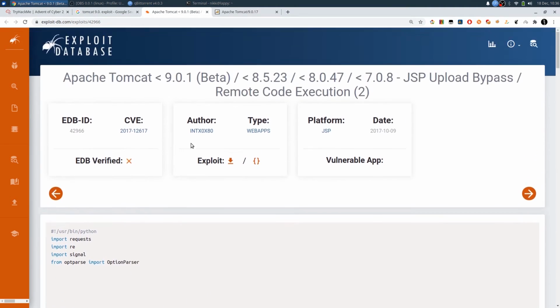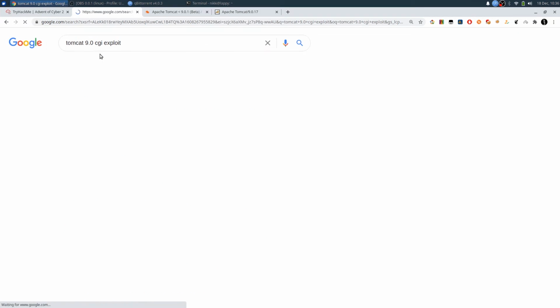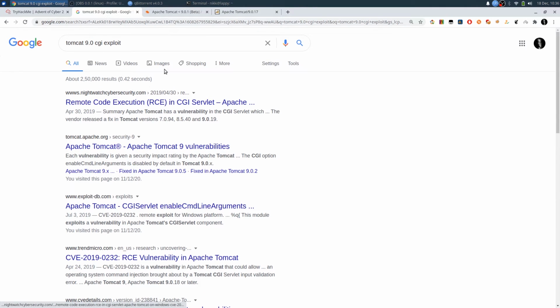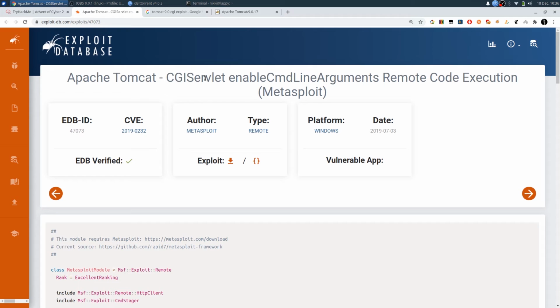So it's not an upload vulnerability. It's okay. Let's try 9.0 CGI exploit. So this is the correct exploit: Tomcat CGI servlet enable command line arguments, remote code execution. So this is the correct CVE.